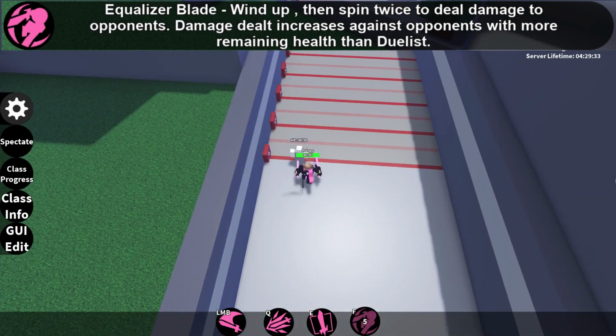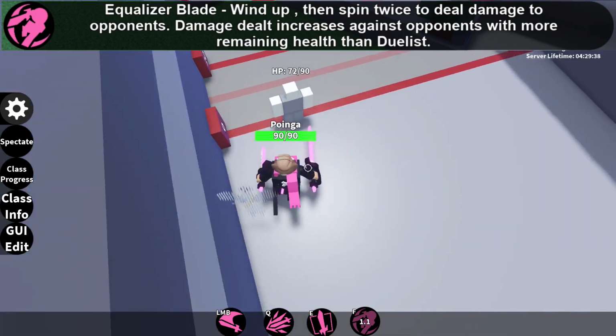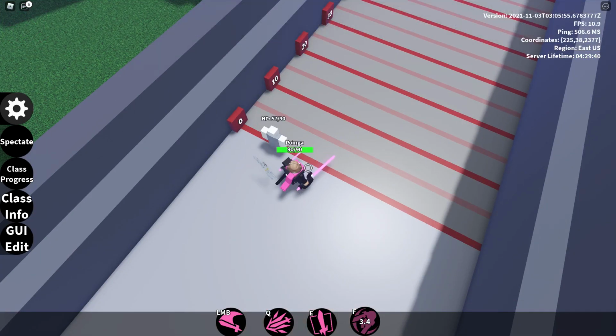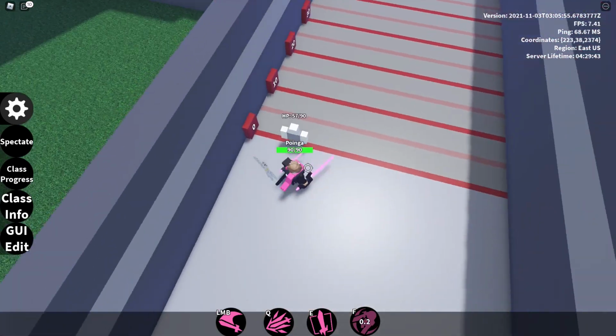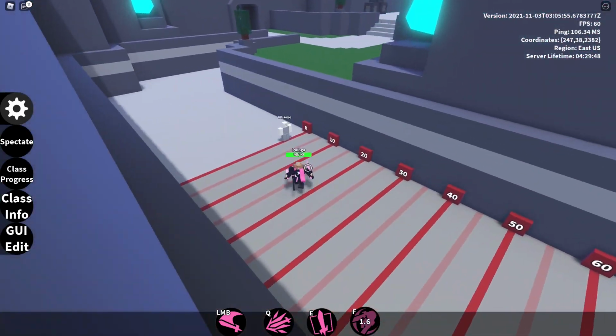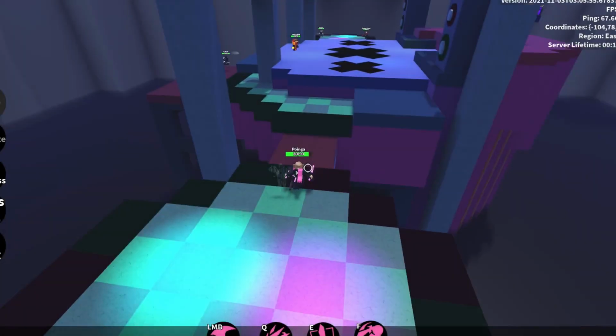Speaking of keeping Duelist alive, let's discuss its final move, called Equalizer Blade. This move keeps Duelist alive by, as the name suggests, equalizing an opponent's health when Duelist is low. For example, a Duelist might be on 15 health while fighting a mage who has 40 health. If Duelist lands an Equalizer Blade, it will do a lot of damage and will make both players at a